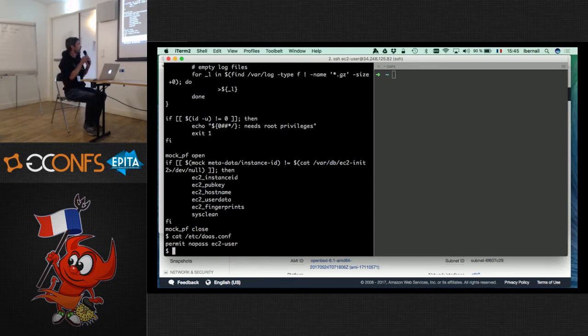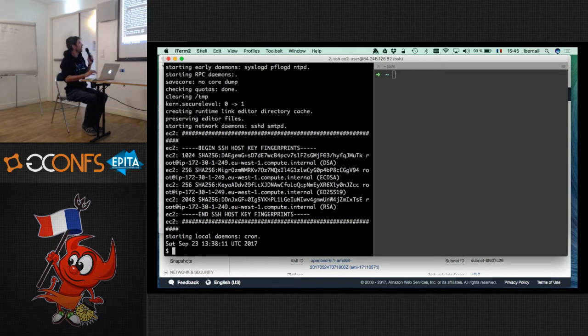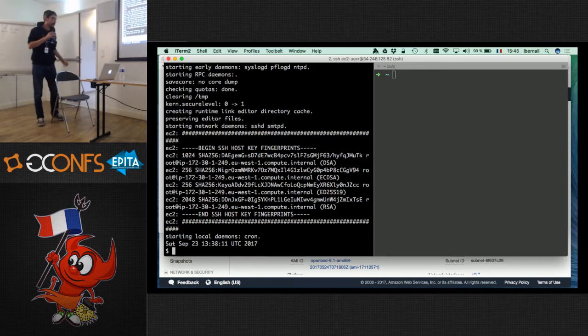Okay, so you can see that I can do anything with ec2-user, and I don't need to enter a password. So for instance, I could look at the console output. And so you see, when I display the image, I can see all the fingerprints from the machine from when it booted, the ones created by the script I showed you earlier.